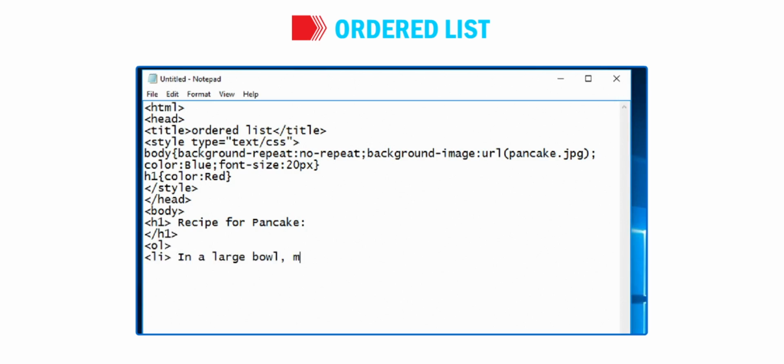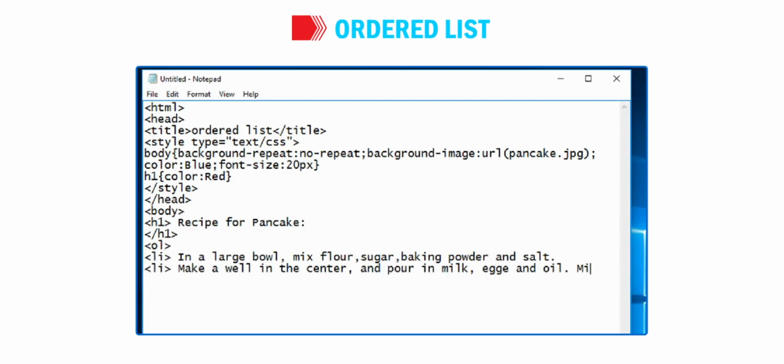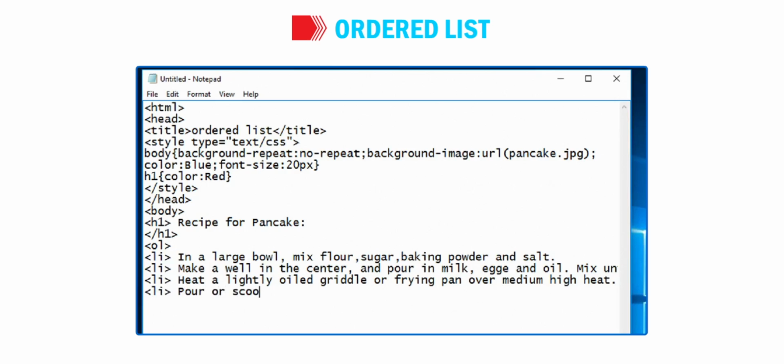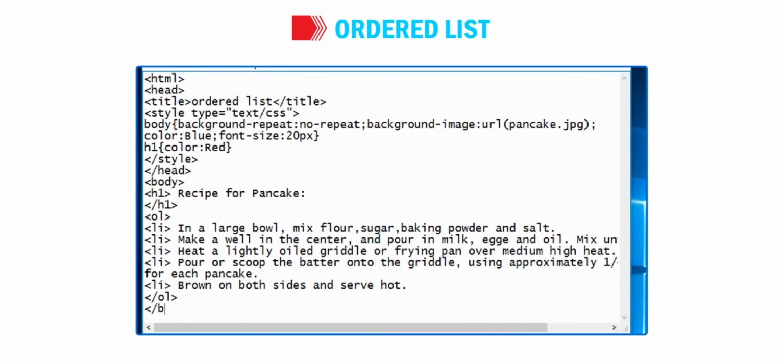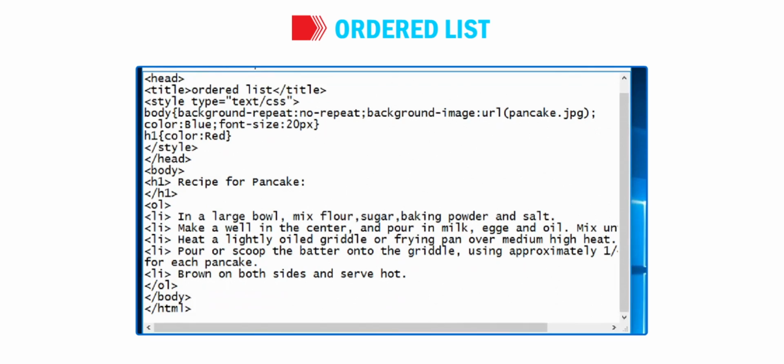<ol><li>In a large bowl, mix flour, sugar, baking powder and salt.</li><li>Make a well in the center and pour in milk, egg and oil. Mix until smooth.</li><li>Heat a lightly oiled griddle or frying pan over medium-high heat.</li><li>Pour or scoop the batter onto the griddle, using approximately 1/4 cup for each pancake.</li><li>Brown on both sides and serve hot.</li></ol></body></html>